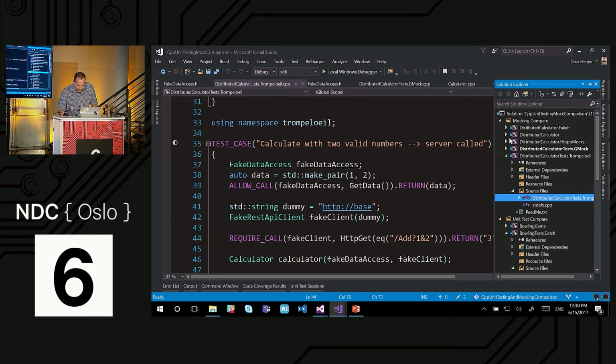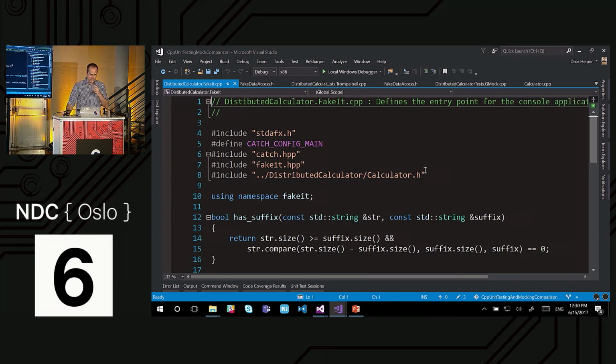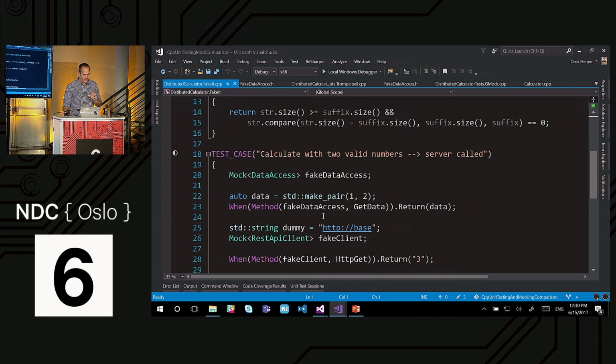And going on to Fake It. I'll show it because it's a bit different, and that's why I worry a bit. In Fake It, you don't need to write any classes. You just create a new mock of the type of the class, and that's it. You don't write any additional code. And that's weird. I'm not sure why. I don't know what they do in the background. And it has limitations, and they are documented. It won't work in every single scenario. It has problems with multiple inheritance and, I think, pure virtual methods. So keep that in mind. You might not want to use it if your code has those kinds of things.